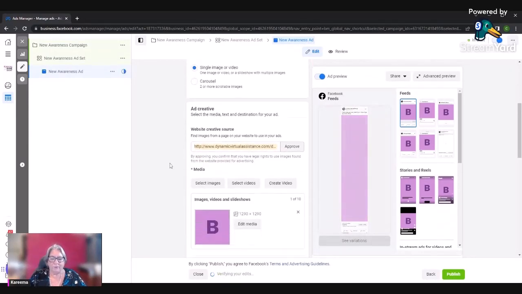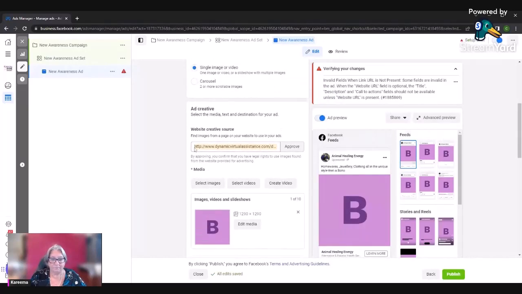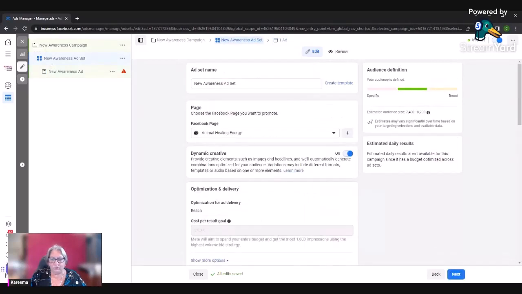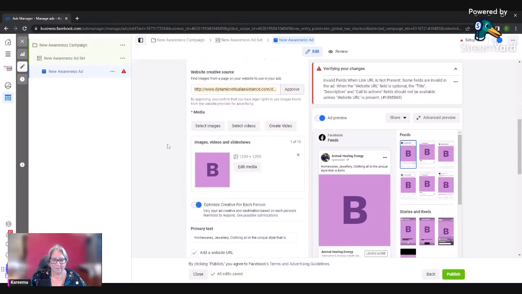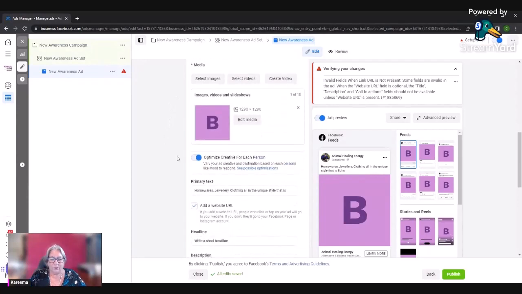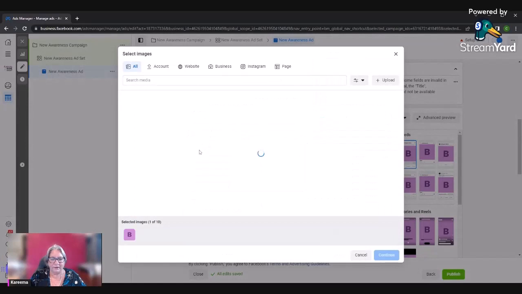Now, this is where the decisions happen. I've never used this bit, to be honest. If you remember back in this one, we set use dynamic creative. Sometimes I hate the way Facebook puts this stuff in there, and I don't want it. So dynamic creative means that I can select